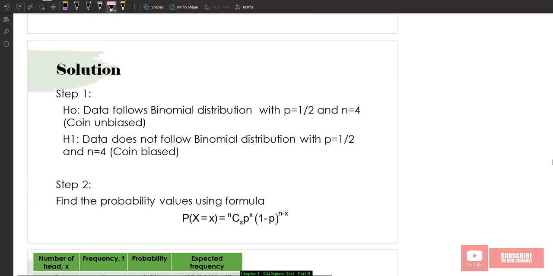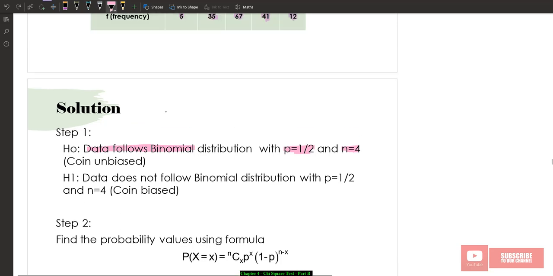So now step number 1, we need to state our hypothesis. The null hypothesis is that the data follow a binomial distribution with the probability of success equal to 1/2 and n equal to 4, when the coin is unbiased. We toss a coin,